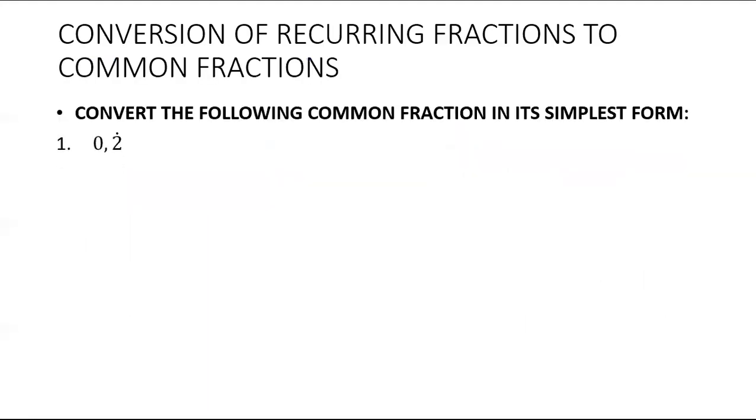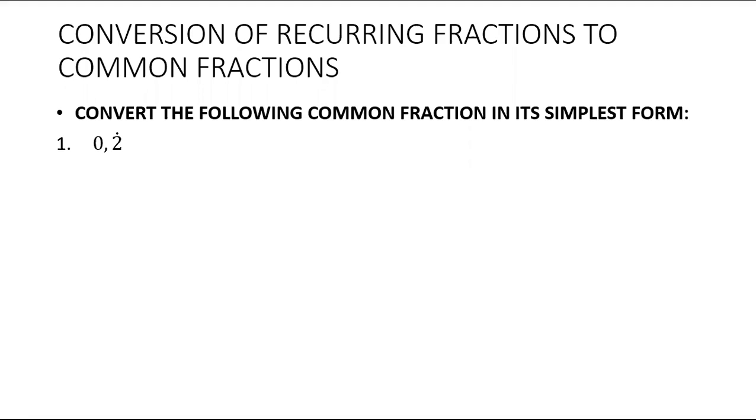Now we're going to be converting recurring decimals, and I will give you this as an example, and we'll do it together. Converting recurring decimals. Remember, recurring means that the decimal is repeating itself. How do we convert the 0,2 recurring? First of all, you will need to expand that 0,2. Please note that 0,2 recurring can be written as